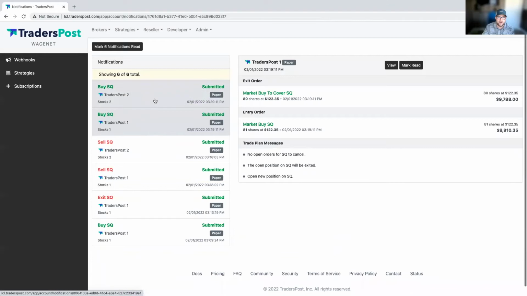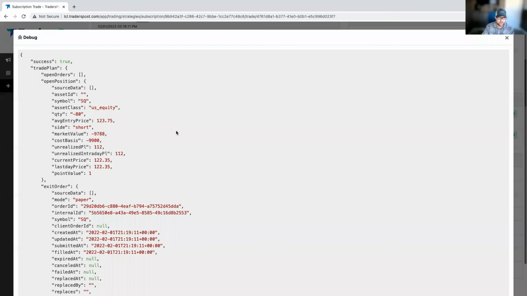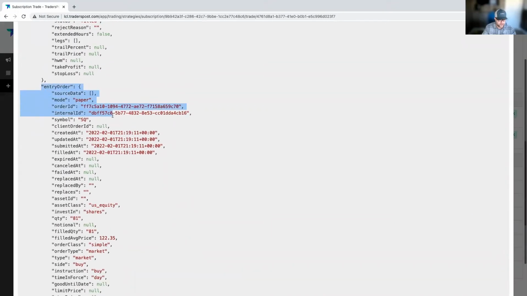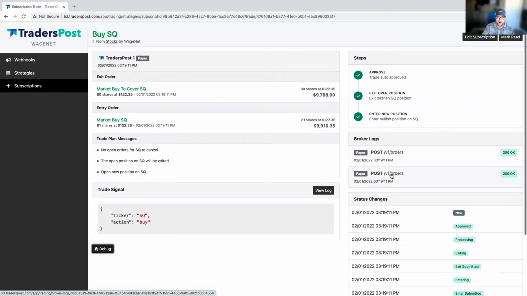And you'll see now we got 2 new trade notifications for that strategy, each in our separate subscriptions in the separate paper account. And in each one, you see that it exited the short position with a buy to cover and then went long with a market buy. And you can see the trade plan here. Like I mentioned before, it shows the open position, the exit order that was calculated, and then the entry order that was calculated. You can see the raw logs of the API calls to the broker by clicking these rows right here. So this one right here, the very first one was the,